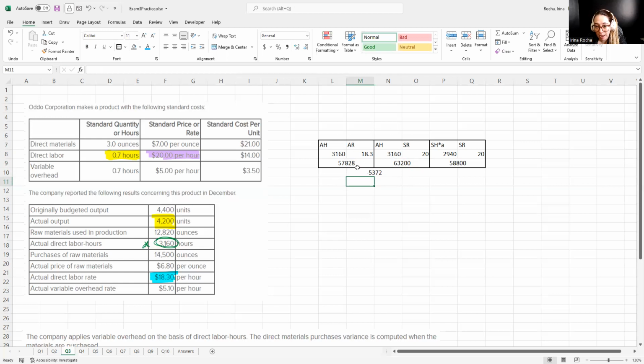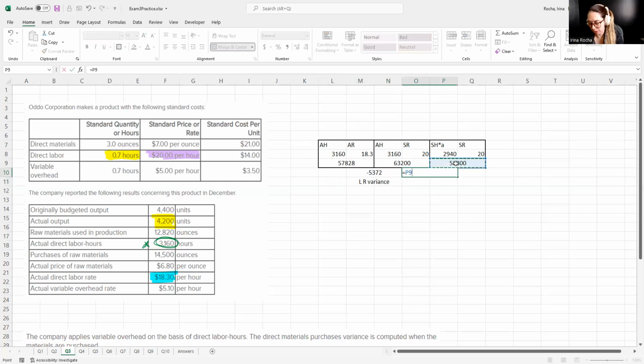I actually spent less than I would have, so it's favorable. And this is what they call the labor rate variance, which is not what they're asking here. And here we do this minus this or whatever other way around, it doesn't matter. And this is the labor efficiency